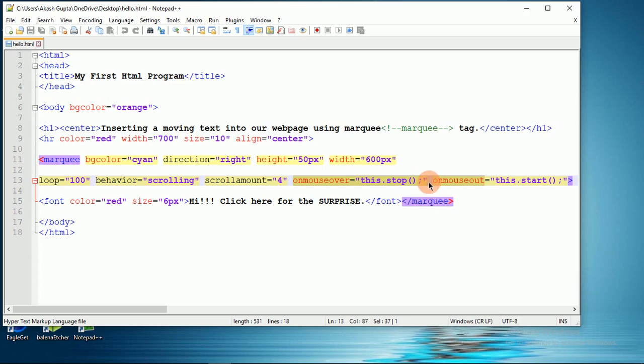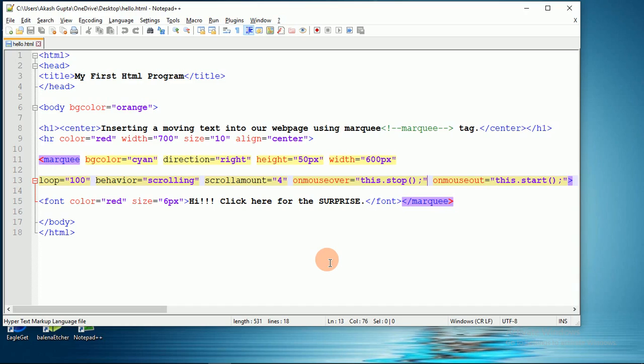Event handling means, suppose you want the text to stop whenever you take the mouse cursor to that text. If you hover the mouse cursor over it, after hovering the cursor over the text it will stop. And if the cursor is moved away from the text, then it will start scrolling again.